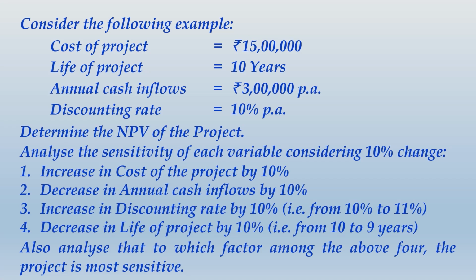Now friends, before we attempt this example, let us first understand what exactly this example is trying to convey. Cost of the project, life of the project, annual cash inflows and discounting rate. These are the 4 variables on which NPV is dependent, correct? So if NPV is dependent on these 4, if any factor changes, it will cause a change in the NPV. And what if the NPV reduces below 0? That means it goes negative. Definitely we cannot afford to take that risk, and that is why we need to have clarity about this NPV.